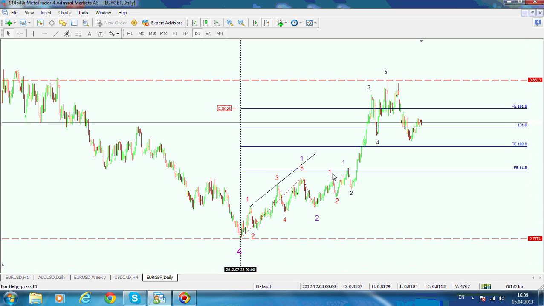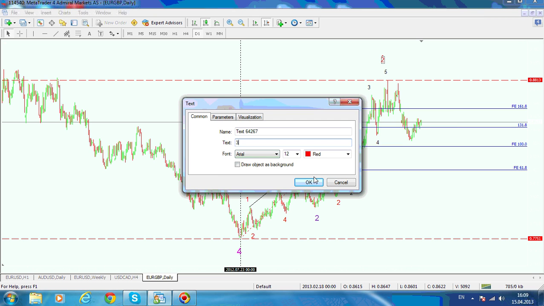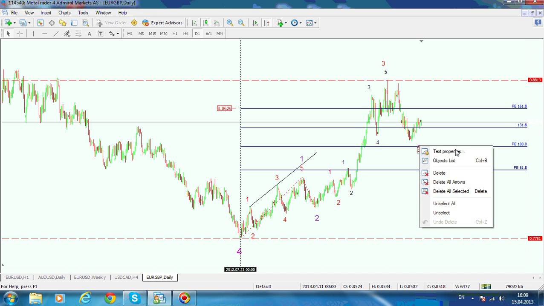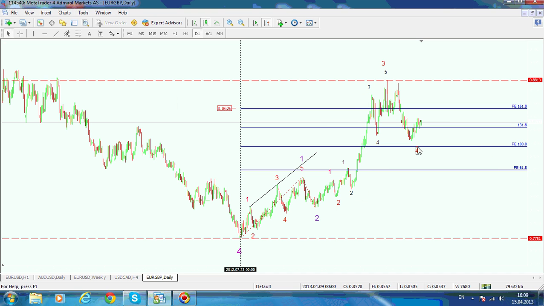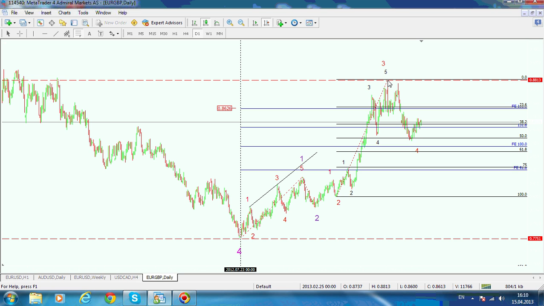So we might have 1, 2, and the third wave red to the upside to be done, and then we're looking for a fourth wave, and there you go, you have the name for this recording, possible fourth wave correction done on the daily chart. Why? Because a typical retracement for the fourth wave, starting with the beginning of the second wave and placing it like this, a typical correction is coming somewhere into the 38.2 and 50% area,